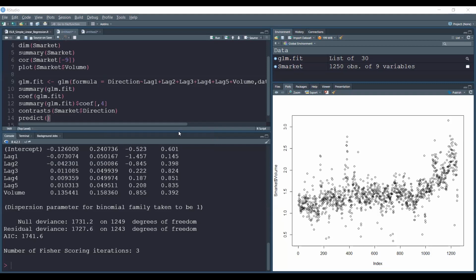Let me go back to the page. Where were we? Logistic regression. GLM fit, type response. So you tell it, hey, listen, GLM fit, which is just the coefficients that we estimated. And if you type response,